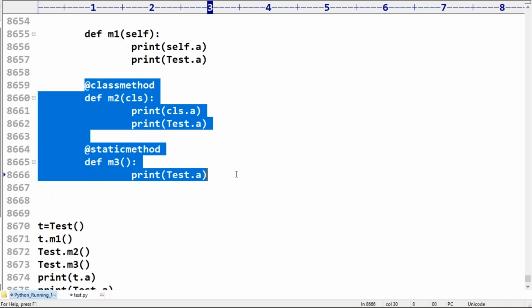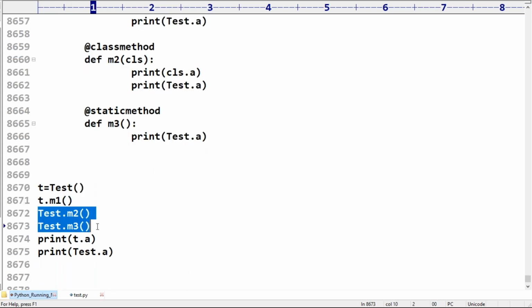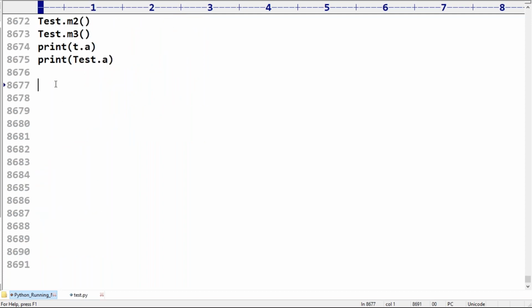How can you access a class method and a static method? We access them by using the class name. If you want, you can access them by using an object reference also, no problem at all. Class method and static method can be called by using an object reference also, which is acceptable.